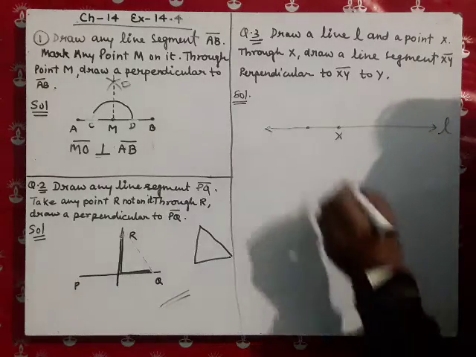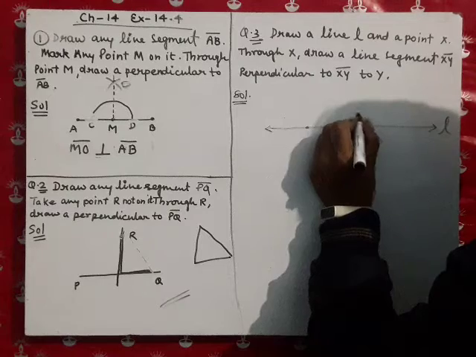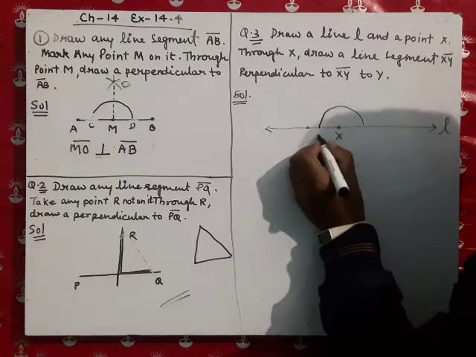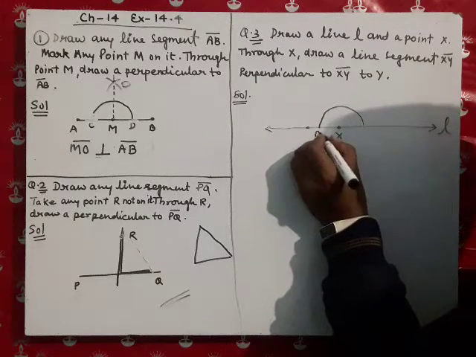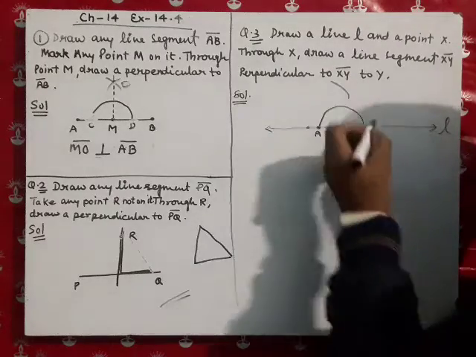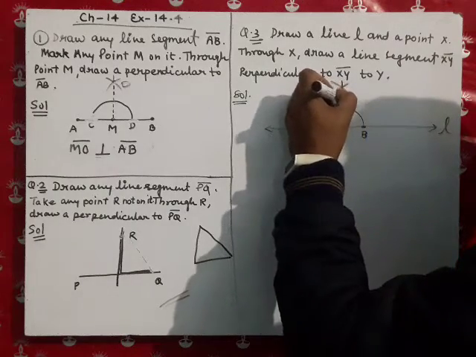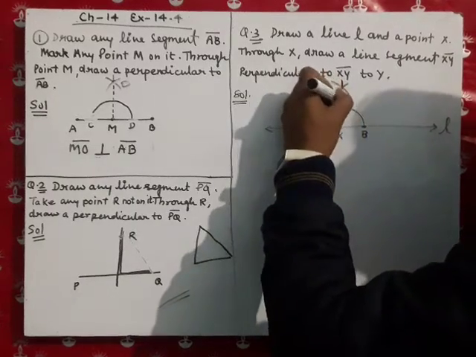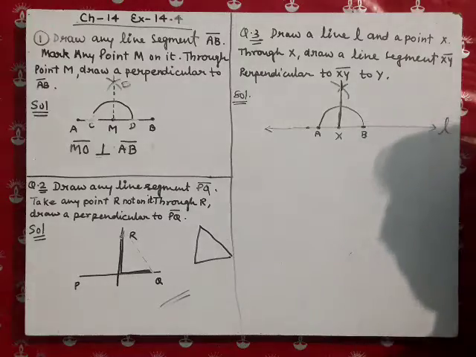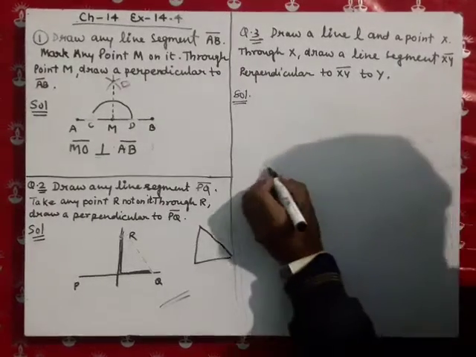So now what we have to do, same process whatever we have done in the question number 1. So first of all we have to take some distance and mark one arc. So it will be, suppose that AB. These are the points A and B. Now we have to choose this point, make one arc. From this point make one arc. Then this will be the perpendicular line. I am going to draw this figure again and telling you the steps of working.